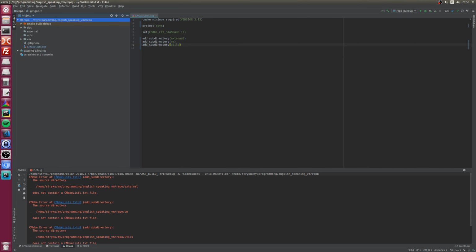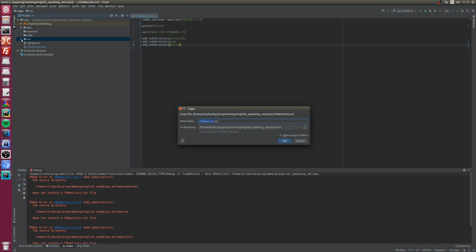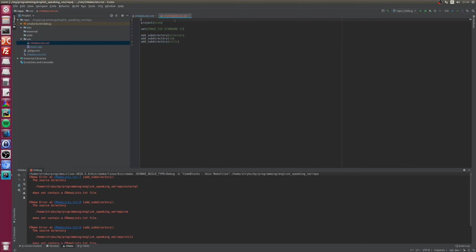Let's move the main to the virtual machine. Yep, and let's create an executable here. Project name and with files main.cpp. Cool. That's simple. And let's create a dummy.